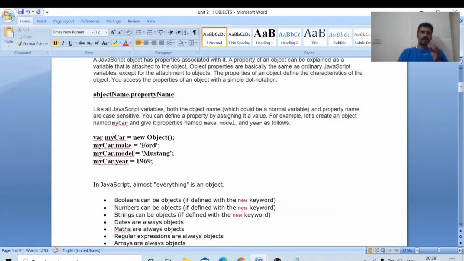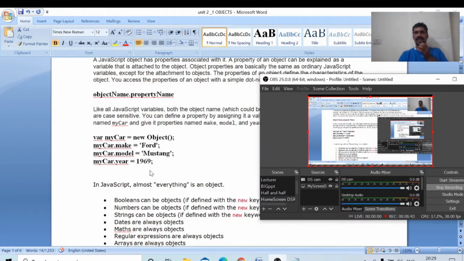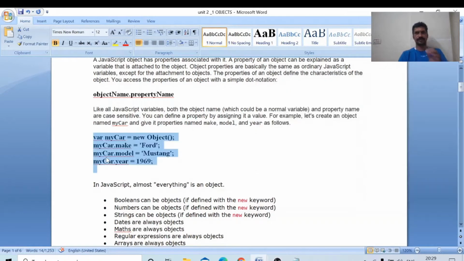Here on the screen, observe the highlighted text. Where var myCar is a new object.